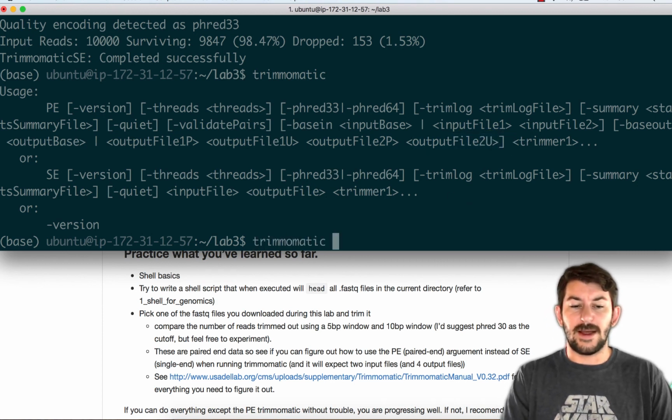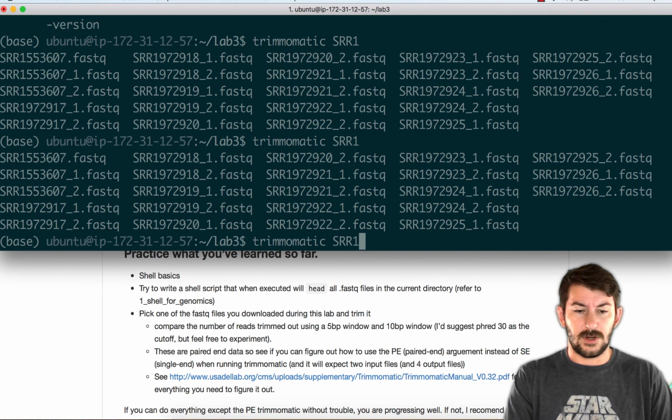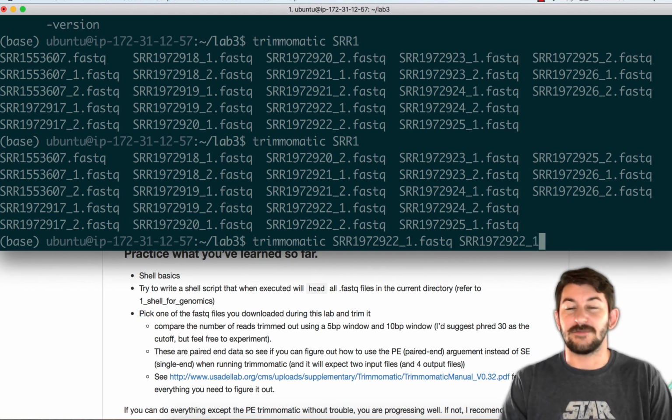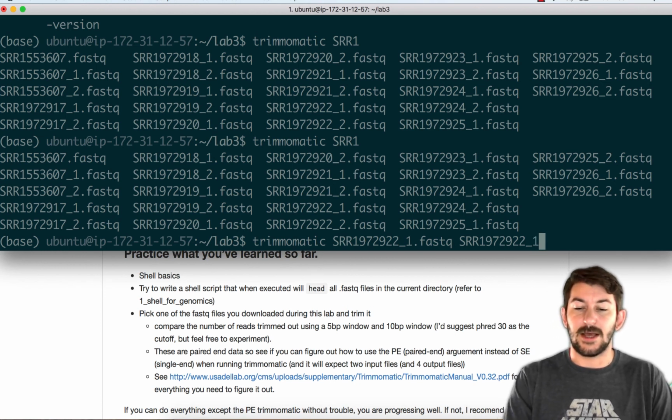And so let's go Trimmomatic, see if we can figure this out. We'll go that SRR1972922_1, and then we'll do the same one, 72. If you have too many things that are too close, like many numbers in a row that are the same and only vary in the last one, you still kind of have to type a lot. So _2, and then we'll go